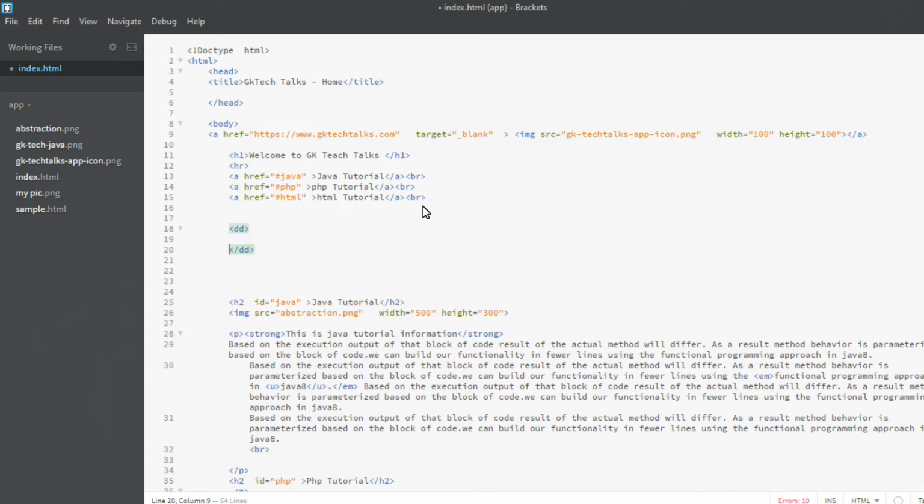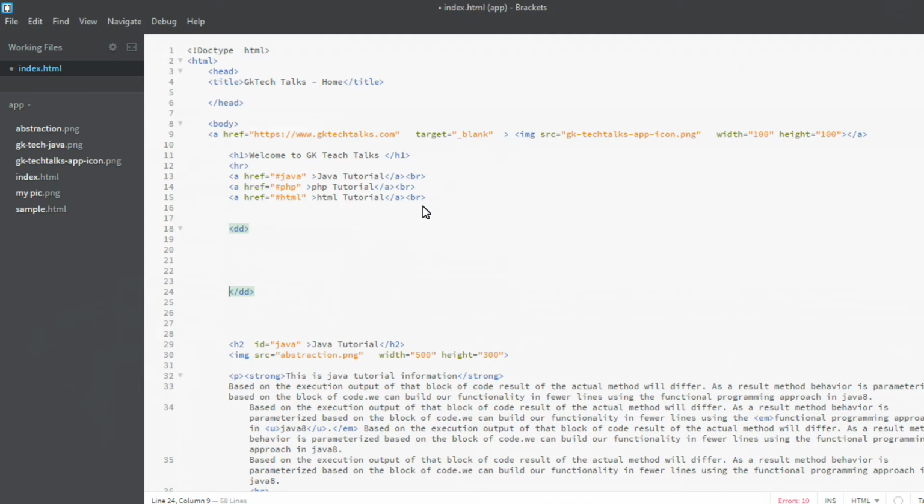Inside it you can provide a description for each and every item, using these tags. dd means definition. The definition list is dl, so you have to start with dl.